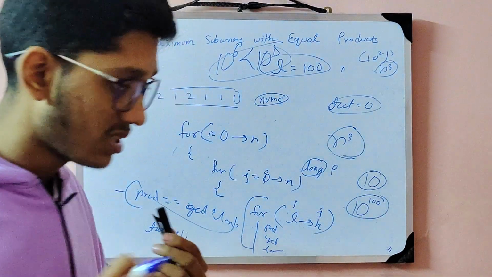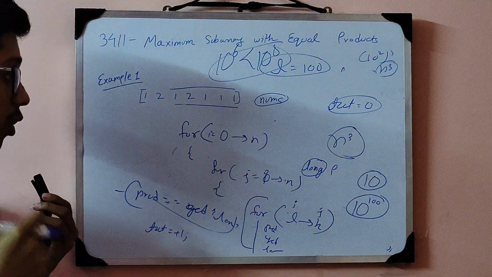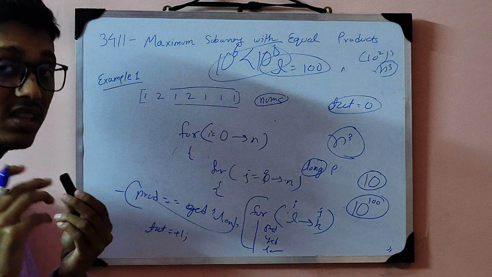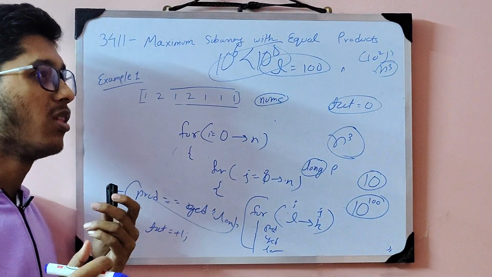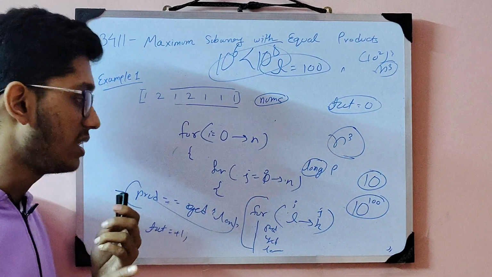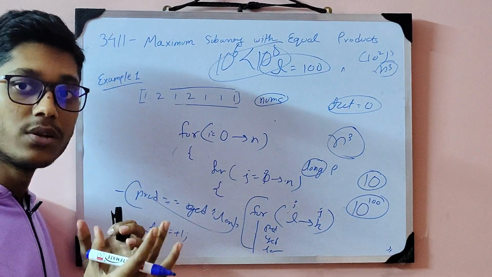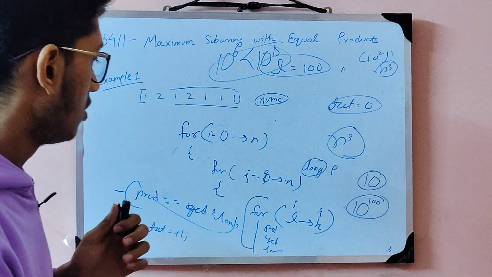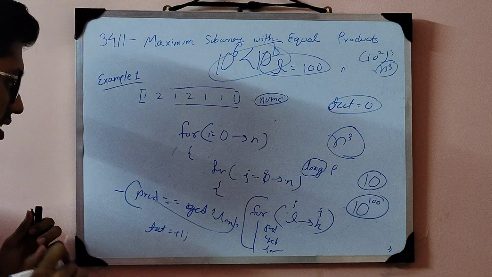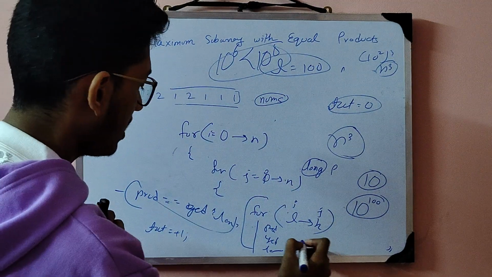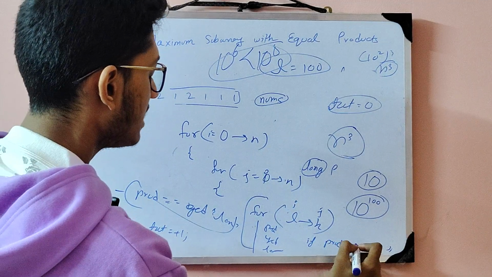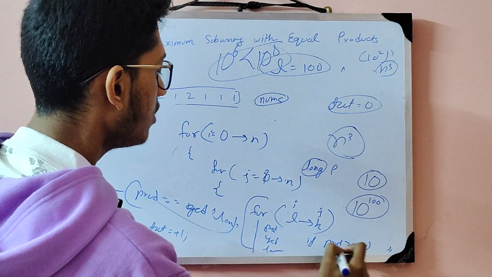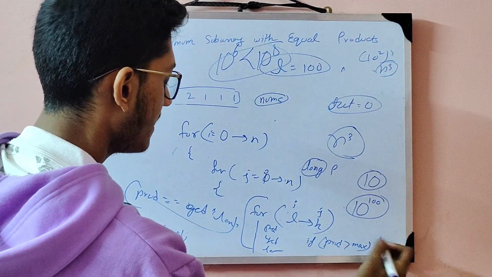So always discuss the edge cases with the interviewer, or consider the edge cases. Think of all the weird or strange cases that can be there within the limit of the constraints. So we can put a check here that if the product is greater than the max value of long, then